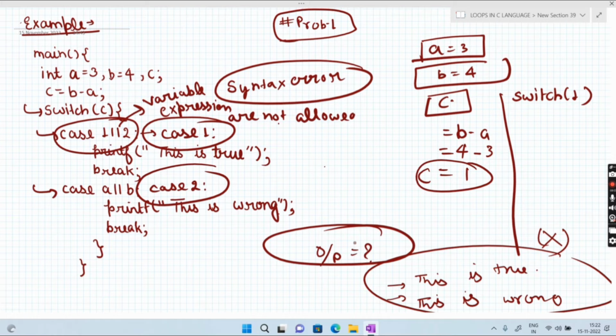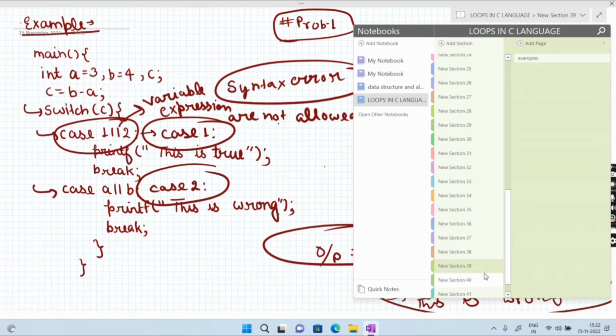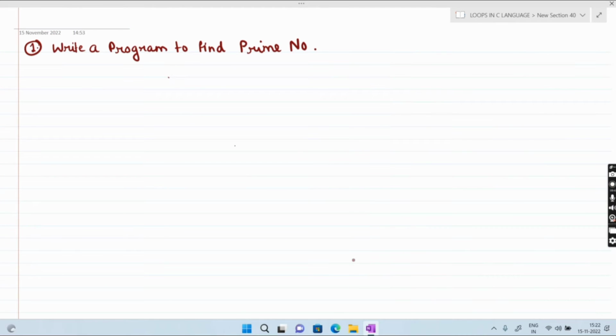Now we will see one more program, of prime number in C language: how to write it and what the basic logic of a prime number is. First we see it, then try to learn its logic. So first we understand what a prime number actually is.